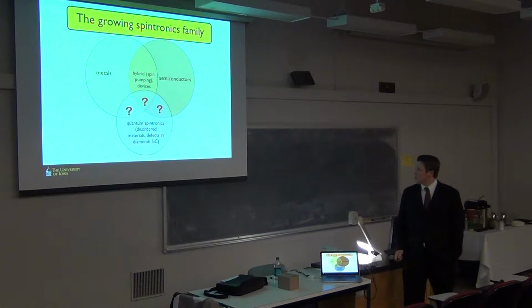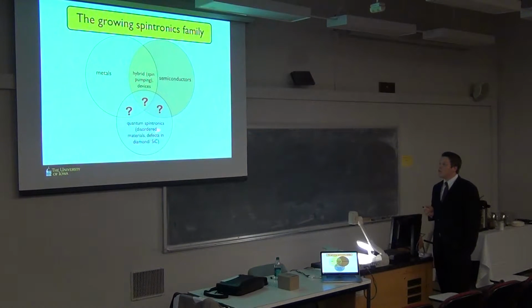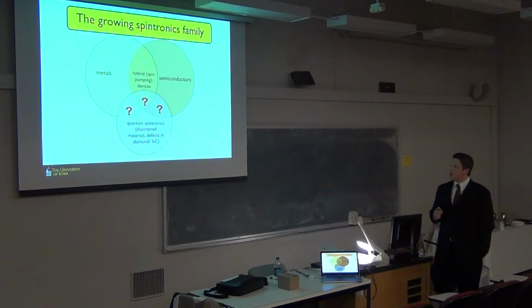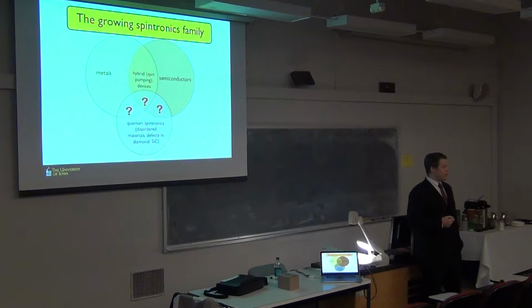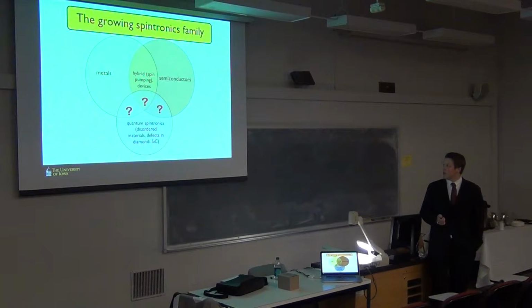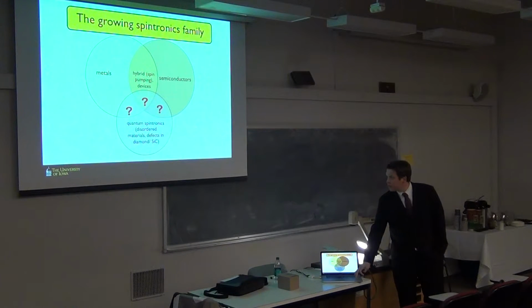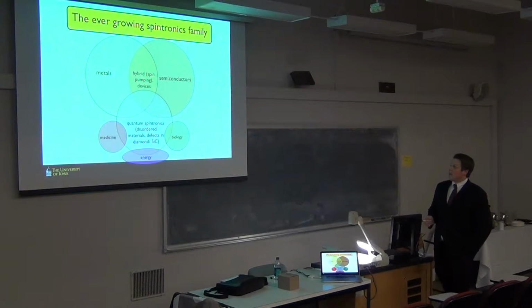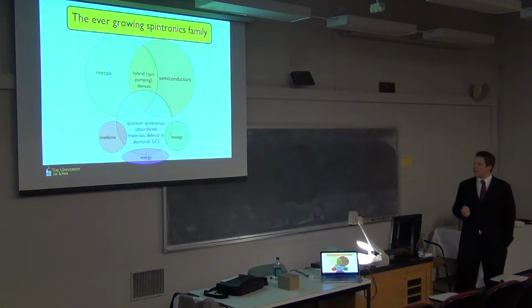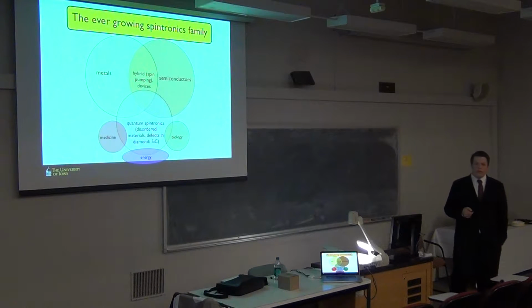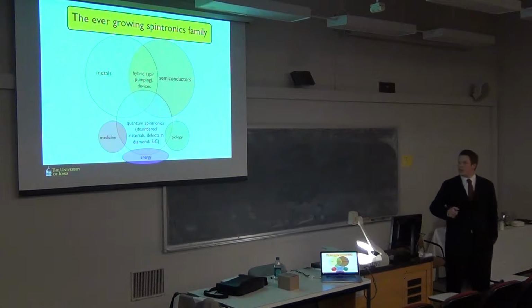And then now we have quantum spintronics, which is going to rely on more disordered materials with localized states, such as using defects and NV centers in diamond or silicon carbide. And then, of course, we'll have some overlap with these other systems, which I think is still unknown where that will go. And then I think what's neat about quantum spintronics is that it's able to maybe bring new fields into the physics community or the spintronics community. One would be medicine, which I will give one little example, and biology.